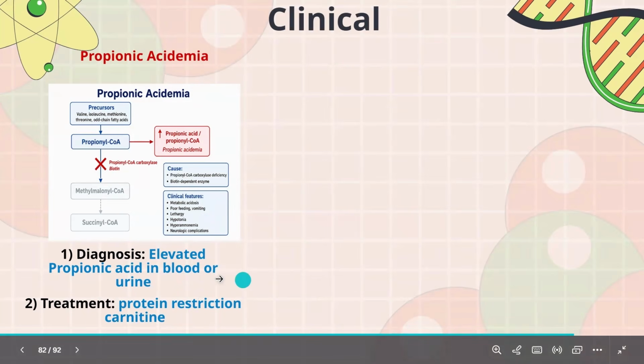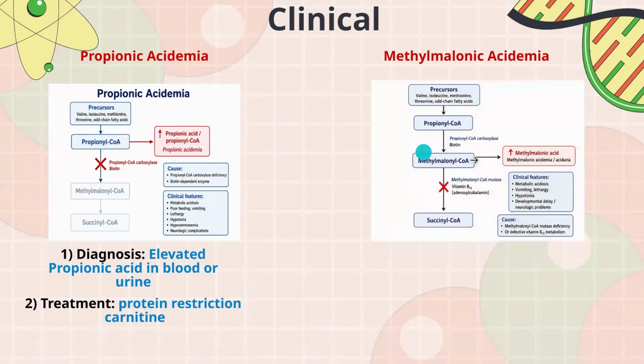Okay, this is important. Please remember this. So you're going to restrict protein, or you're going to restrict carnitine. Okay. Methylmalonic acidemia is when you have a problem in methylmalonyl-CoA. So here you have methylmalonyl-CoA mutase, which is basically maybe low B12, and it's going to cause increased methylmalonic acid,